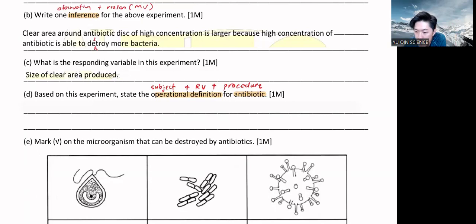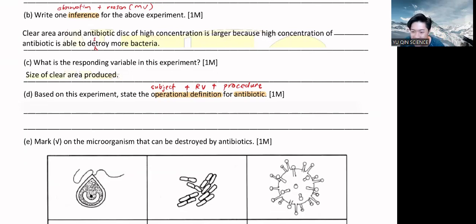For OD, operational definition, can it be antibiotic causes the growth of bacteria? What? So short? Okay. Antibiotic is a what? But let me read through your answer. Hashini, antibiotic causes the growth of bacteria. Whoa, that is very wrong. If antibiotic makes bacteria grow, you would be even more sick, right?